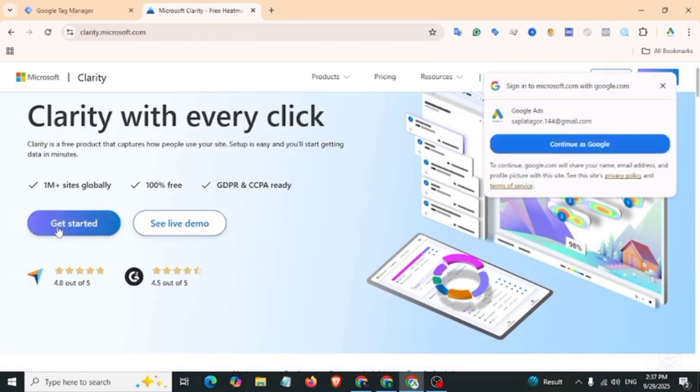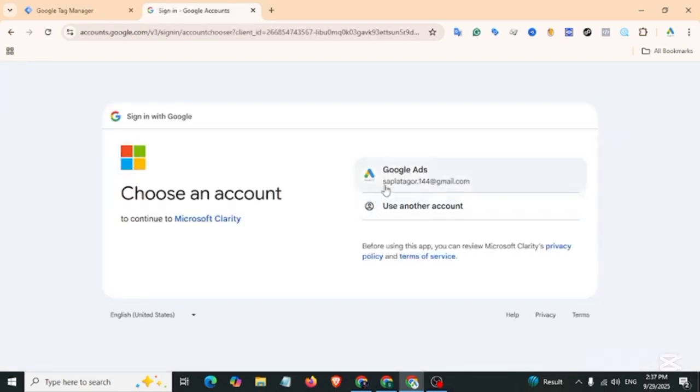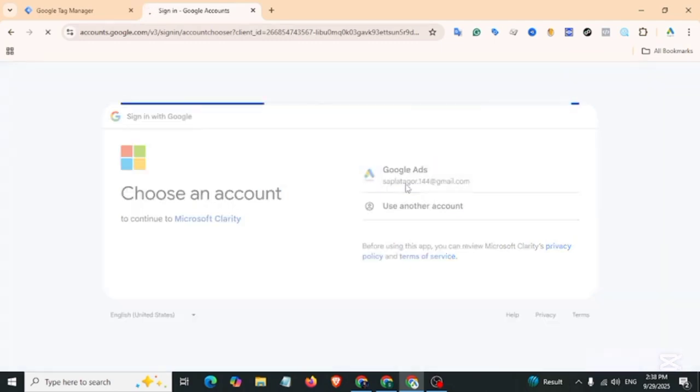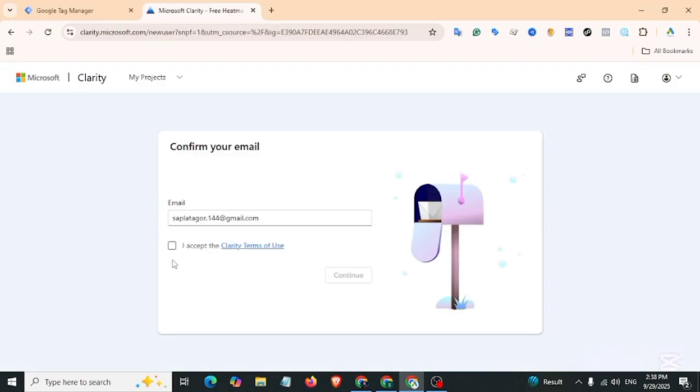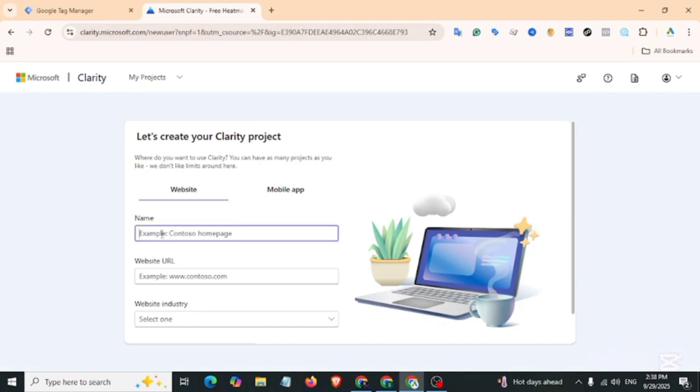Then click Get Started. I choose this option, sign in with Google. If you want, you can choose any other option. Then choose the email we want to use to create the Microsoft Clarity account. Then continue, accept terms and privacy, then continue, name the home page or your business name,